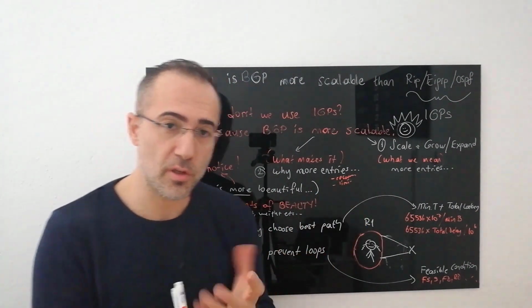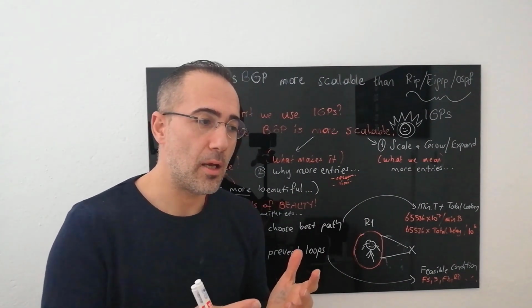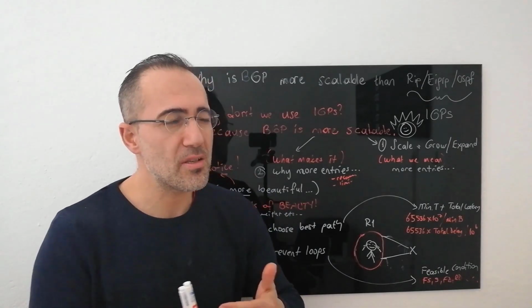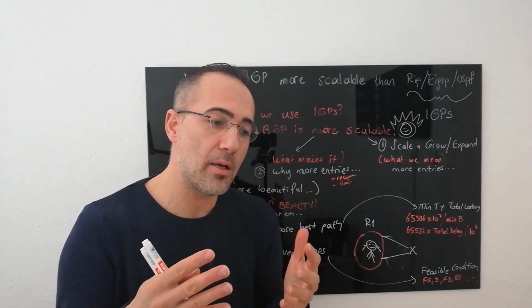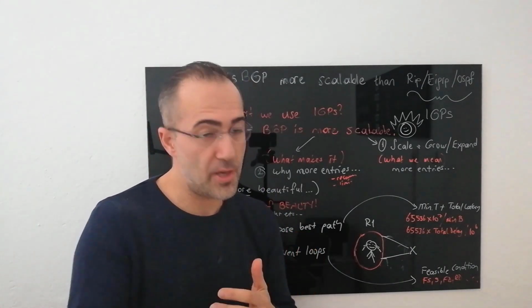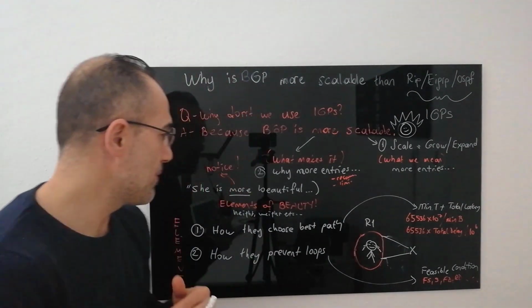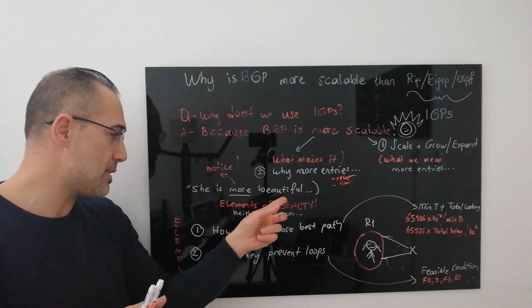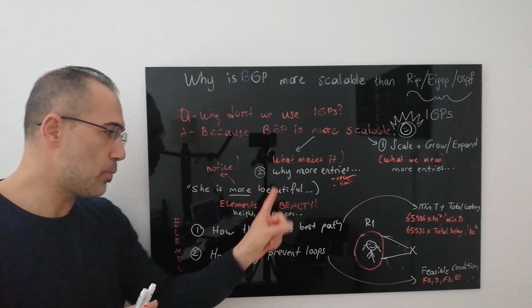Is it because as soon as you configure BGP, more system resources are allocated to BGP? Or is there a certain limit on the number of routing entries for IGPs? No, my friend. So please notice the keyword more here, as in this example. It says she is more beautiful.